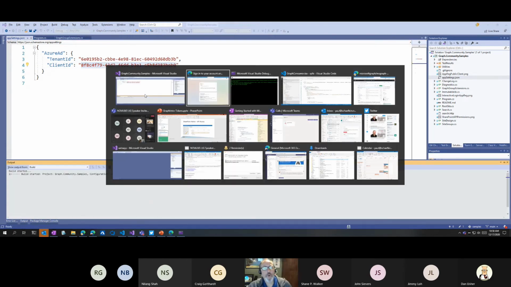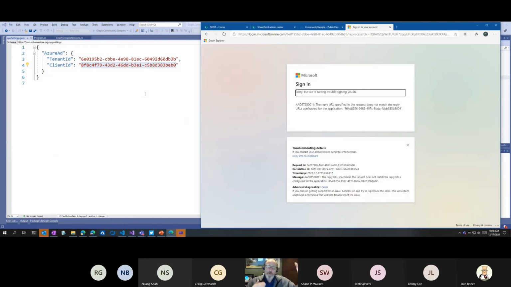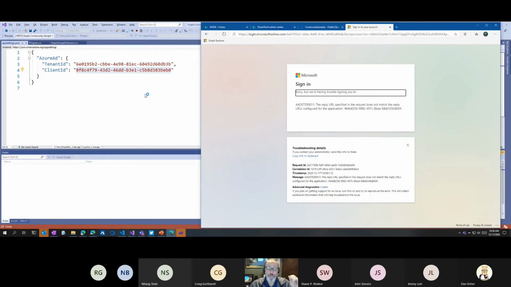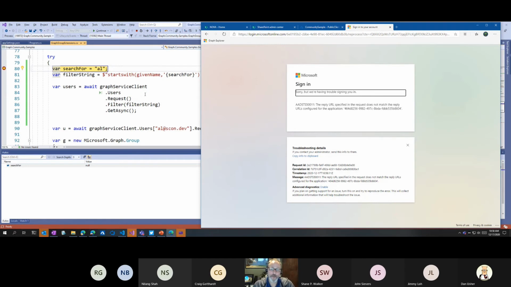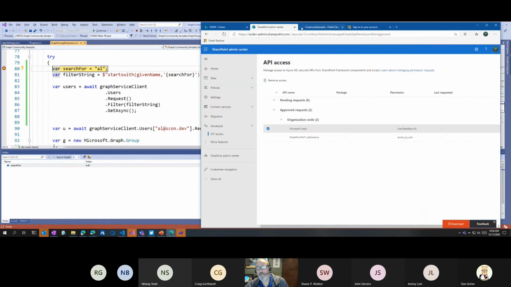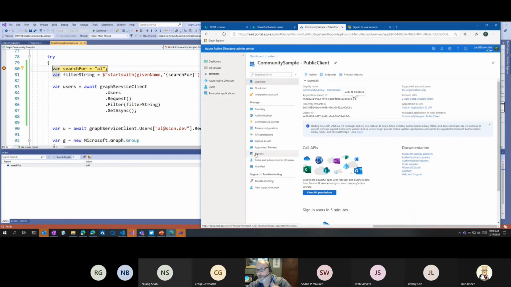But my point is, remember I talked before about the Microsoft Identity Platform and letting someone else handle the login for me? In this browser session, I'm already logged into SharePoint. I'm already logged into Azure. I'm using the Microsoft Identity Platform already. So it didn't prompt me for a password because it has that session.